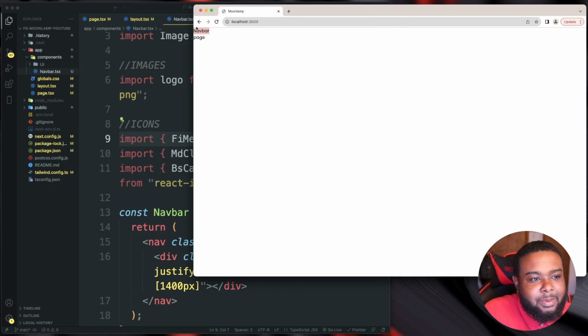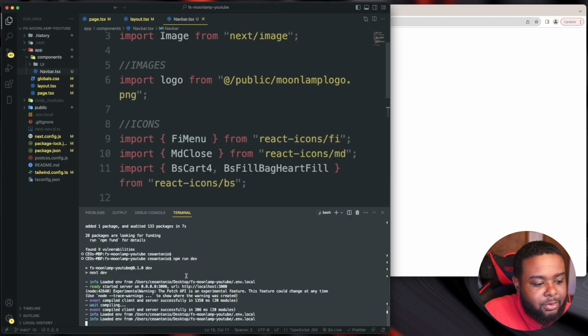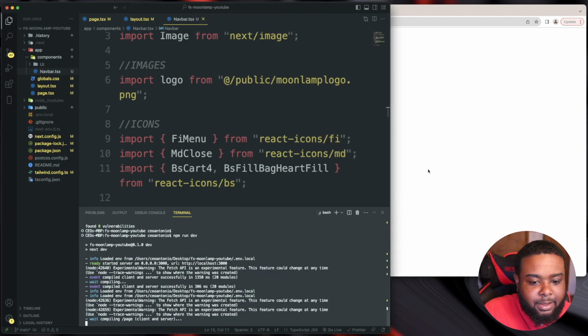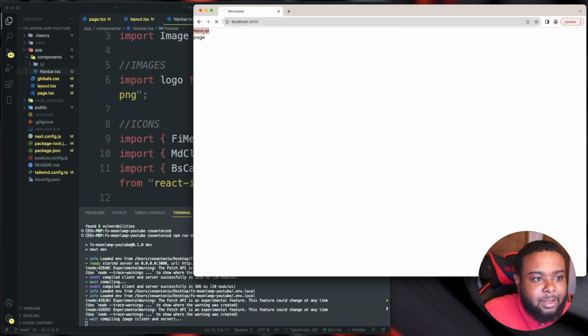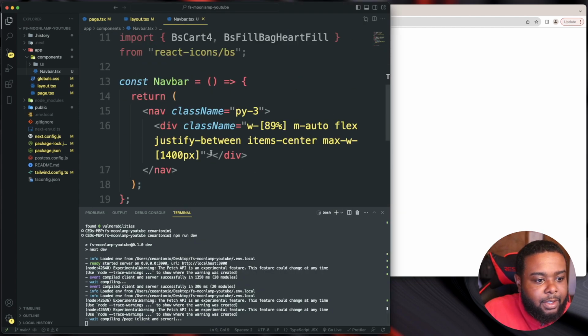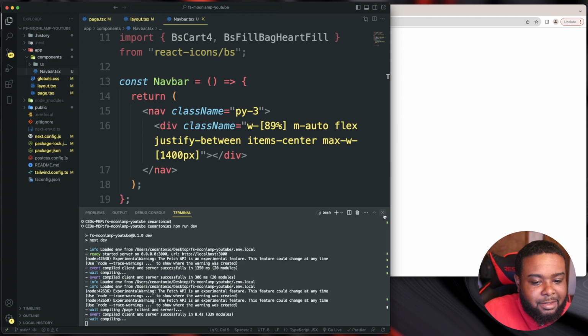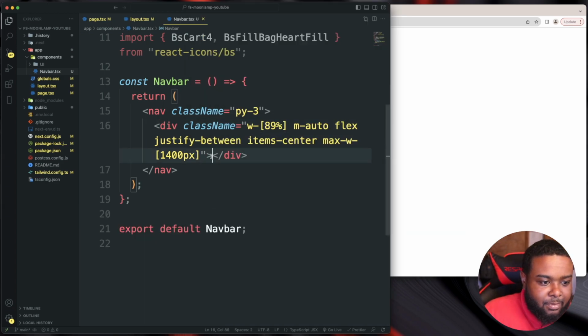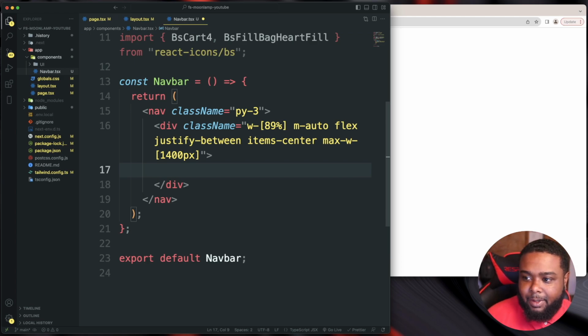So we're not going to see anything. Actually, we are. We should see. Oh, we forgot to start our server again. Oh, we did. Let's go and refresh. So we should see Navbar have like a, oh, we don't have any content in there actually. So let that load up. All right, so inside of this div, we're gonna import our